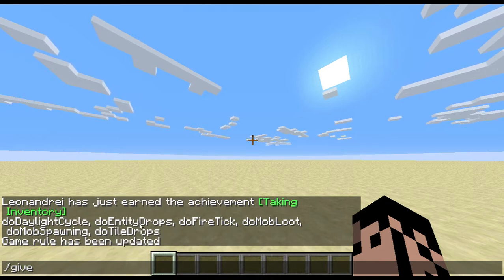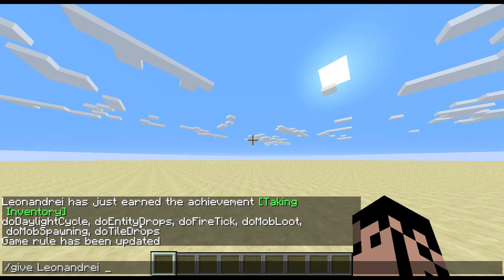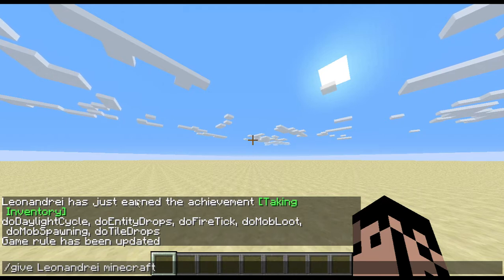to the command. If you're on a server, you're going to want to enable command blocks. You could type in your name and then finish it off by hitting tab, or you could just hit tab after give, if you are the only player. And next you're going to type in Minecraft, and this is for all the items. You're going to have to type in Minecraft for all the items, and then